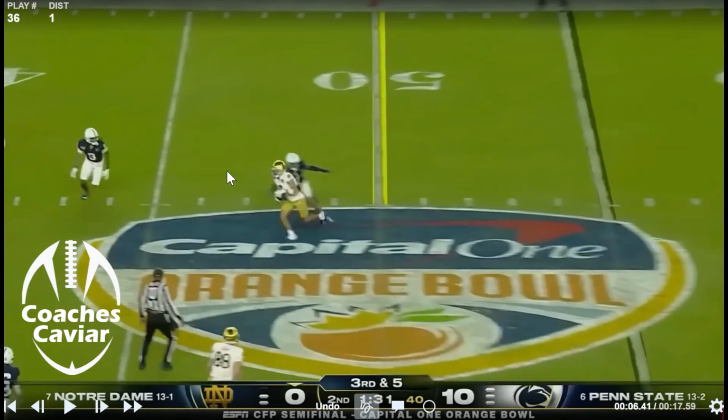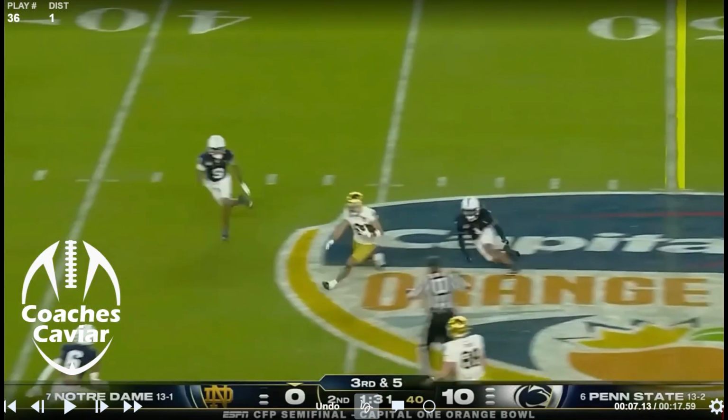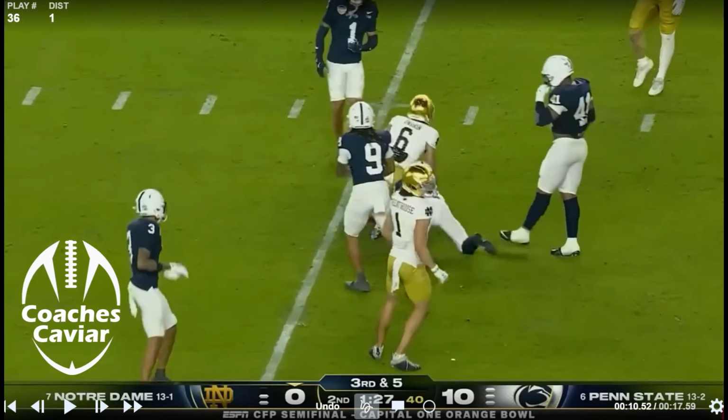He's got some zip to it. Puts it right on his body, right in stride. This is a huge play. I mean, this is 3rd and 5. If they don't get points right here, who knows where the momentum goes. But right there, big completion, gets a conversion, and now they're rolling a little bit, getting closer to field goal